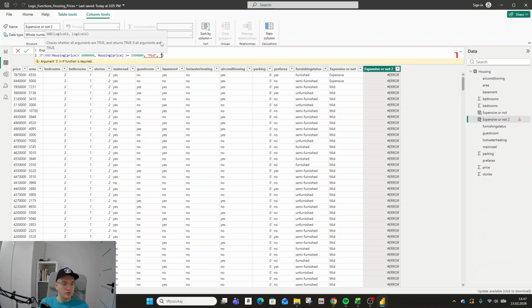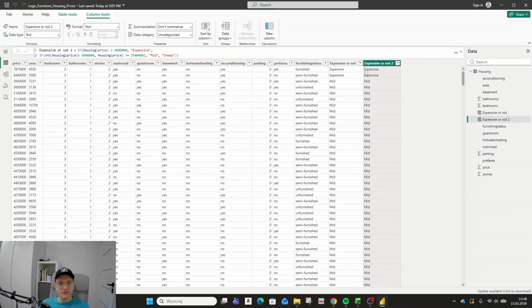If it's not, oh, I need to do it behind the bracket because it's the end of the function. So here it is mid, and if not, it is cheap. Now it should be right. Seems the same because it should be the same actually. One more